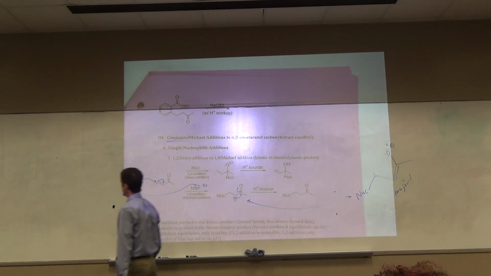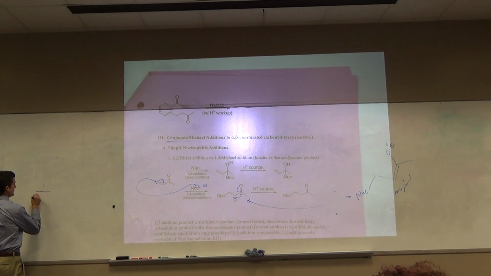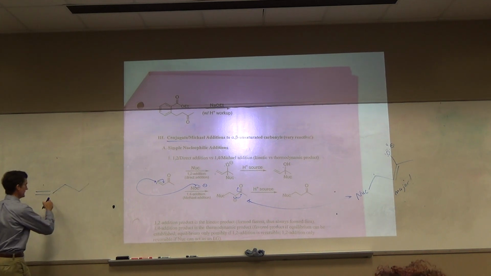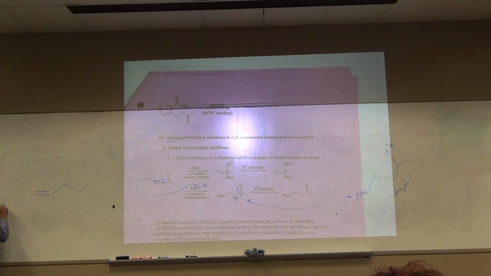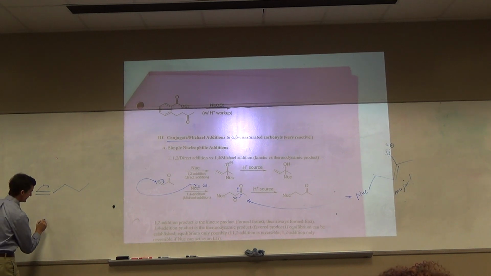If we just have an alkene like this, you do not add nucleophiles to alkenes. We never have done that. Alkenes are not polarized enough. There's no dipoles. Now, if this was oxygen,